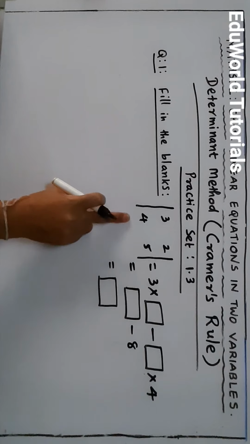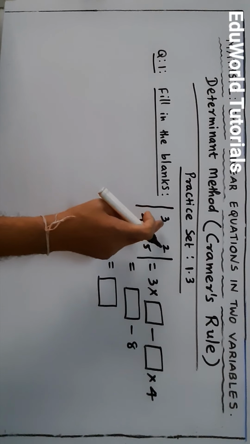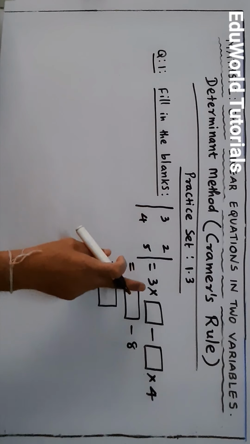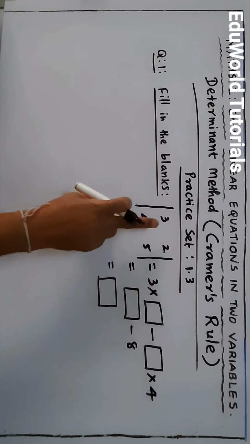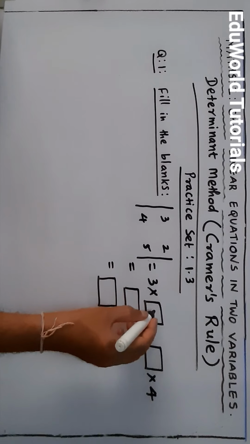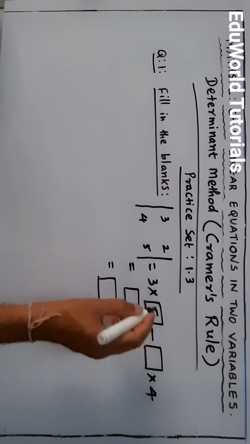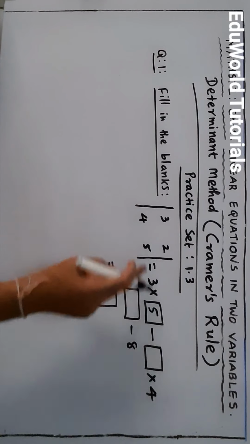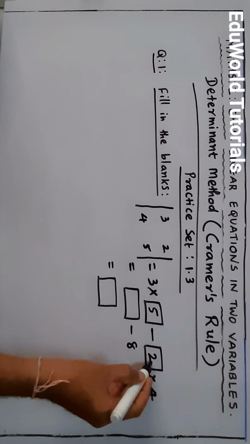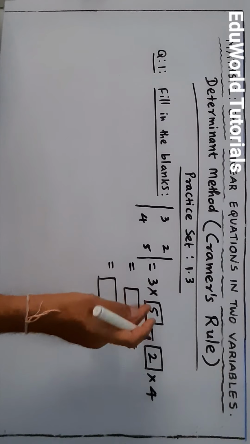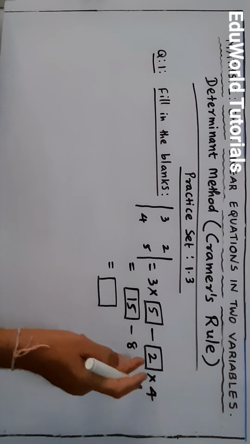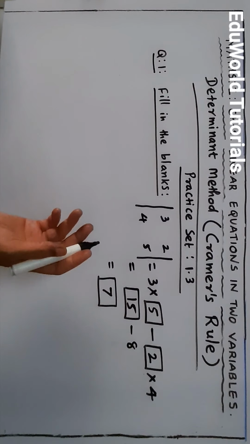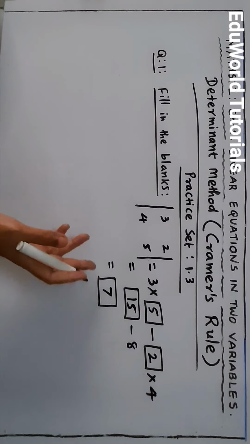They have given a determinant having columns 3, 4 and 2, 5. The elements 3 and 5 are multiplied. You know how to get the value of the determinant. 3 multiplied by, they have kept a box here, so I have to write another number 5. Minus this product 2 into 4, they have given into 4, so there must be 2 here. Now we have to write the product. 3 fives are 15, minus 2 fours are 8. 15 minus 8 is 7. This is an activity-like sum. They can ask this type of sum for 1 mark.